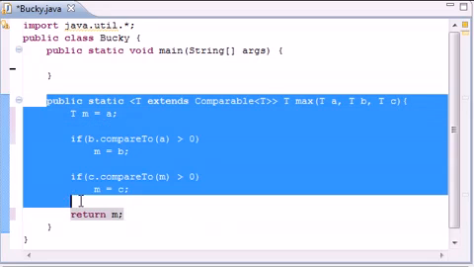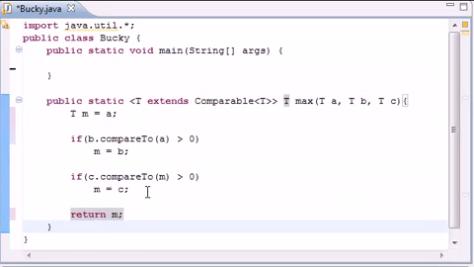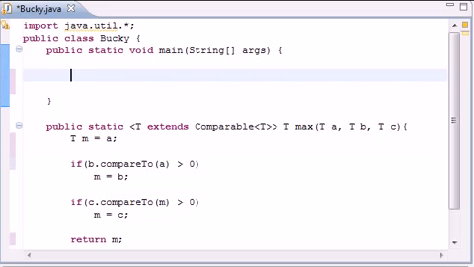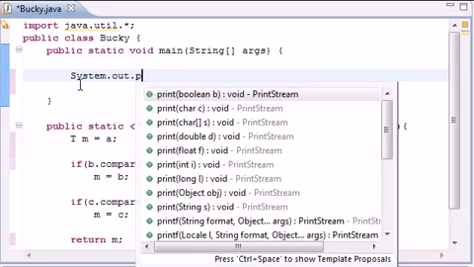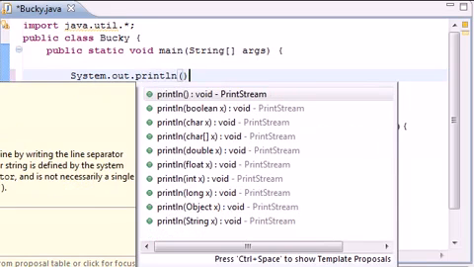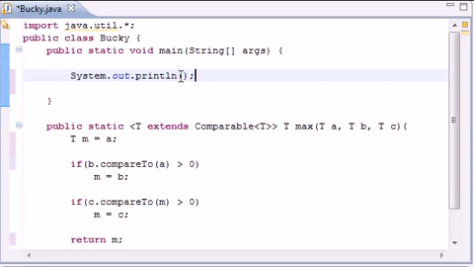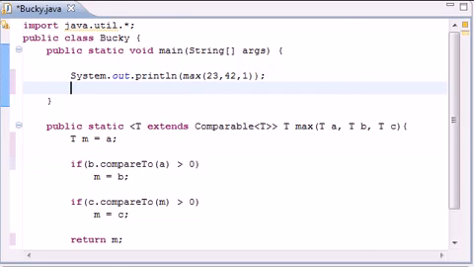So this method gives you a return statement, but the one thing we didn't do is have a way to print it out yet or pass any data into it. So in your main method, go ahead and put System.out.println, and what do we want to print out? Well, we want to print out the max of, just put like 23, 42, and 1. So now what this is going to do is print out the maximum of this. So if we go ahead and run this, we see we get